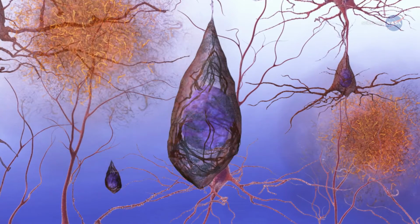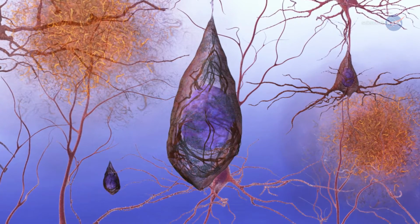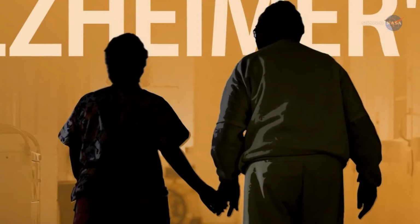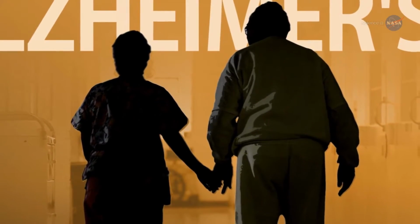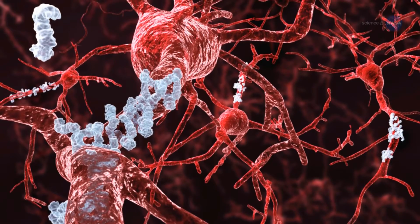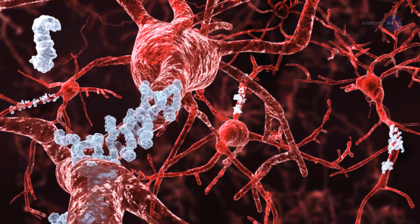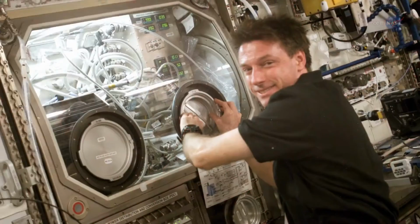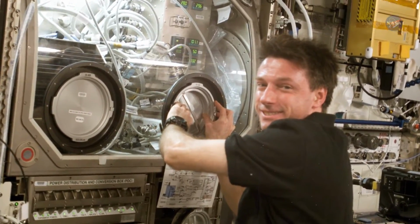The fibers are not active, so they'll be around forever because your body doesn't have any way to get rid of them. These fibers take decades to form and accumulate, hence the link between Alzheimer's and aging. In laboratories on Earth, researchers have figured out how to make protein fibers accumulate more quickly, so they can study the process without waiting so long. On the space station, accumulated fibers do not collapse under their own weight, which makes the station an even better